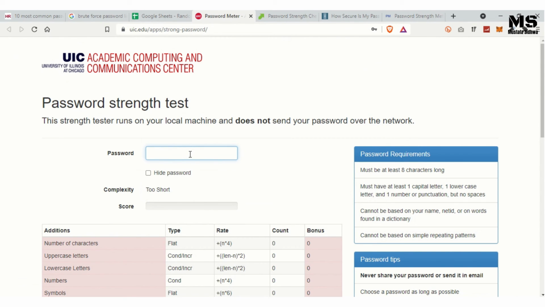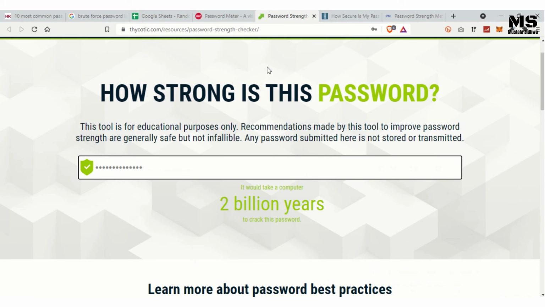We will paste the password, and again it says it's a very strong password. Let's go to the password strength, another second website. Let's see what it says over here. It says 18 billion years to crack this password.